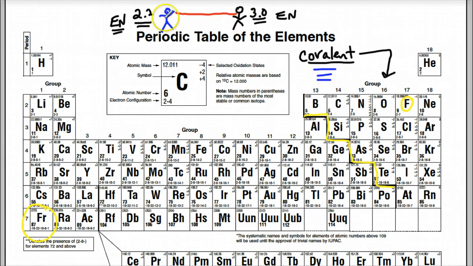So if we have two people with their relative strengths pulling on a rope, they're going to be forced to share this rope. Nobody's strong enough to yank the rope away, so they share. But in this case, as we'll see today, they're sharing unequally, and this rope is going to be pulled closer to this person. Now, this rope represents valence electrons, or the electrons in the bond. So the pair of electrons being shared in a bond are being pulled closer here,